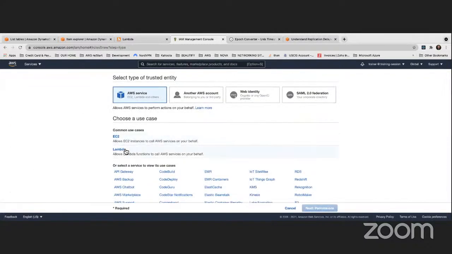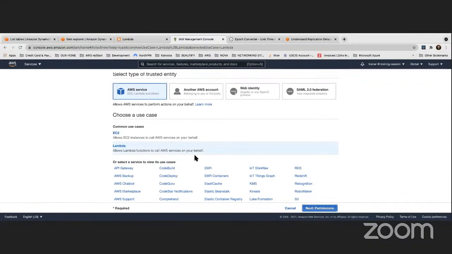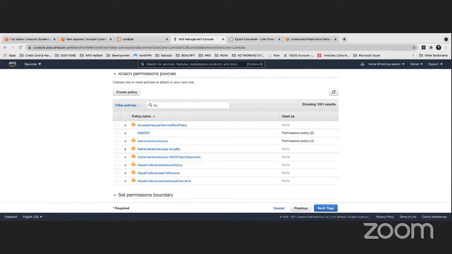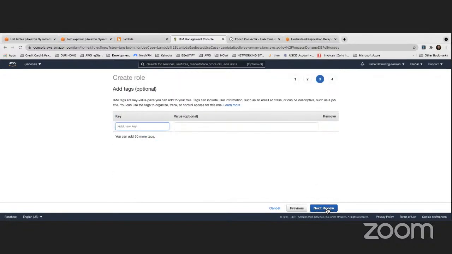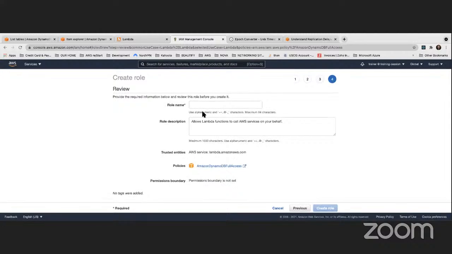So we choose Lambda, and Lambda is going to look for DynamoDB, and we're going to add full access to that Lambda role. So here we have the role: DynamoDB Lambda full access role. Okay, that will let